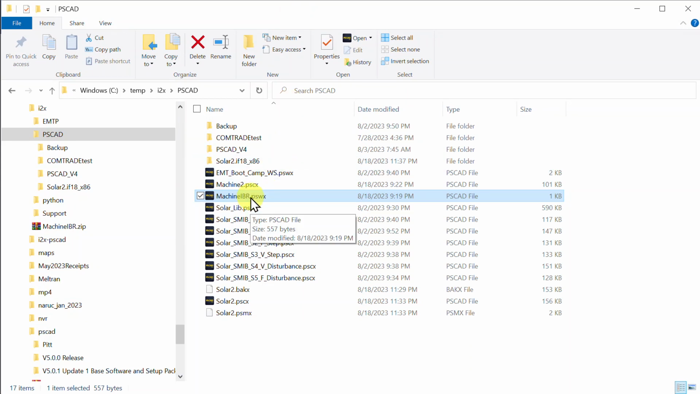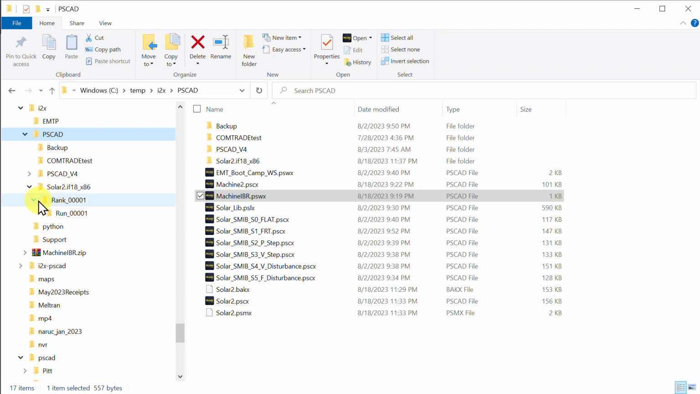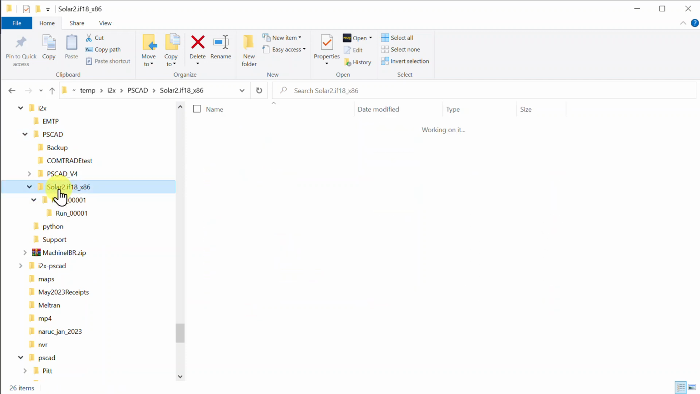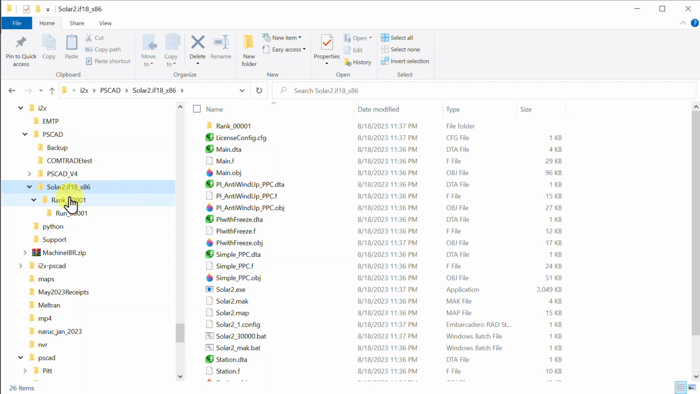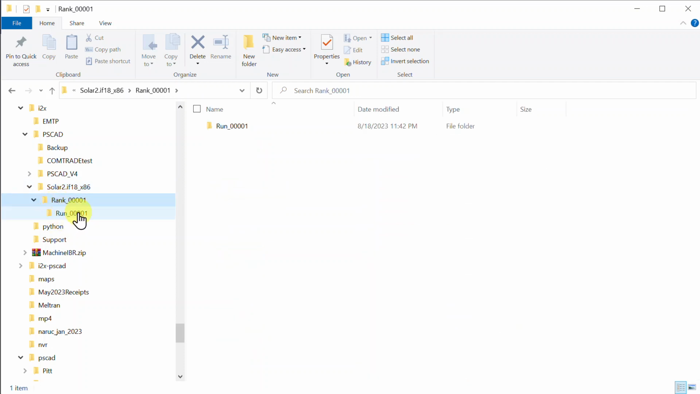I've highlighted the workspace that I opened. When I ran the simulation, it created this temporary directory. Yours should look similar. It should start with Solar 2. But I'm using the Intel Fortran compiler, so mine has .if18_x86. You may have something different if you're using the GNU Fortran compiler. But if you go under rank 4 zeros into 1, then run 4 zeros into 1,